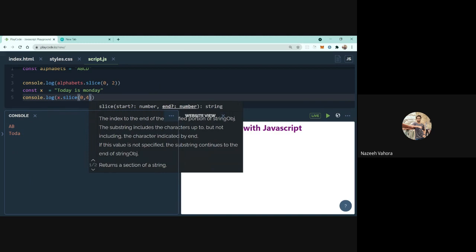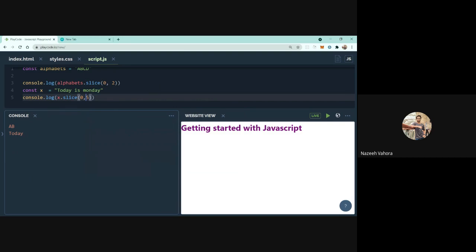One thing: here we need to specify the index after the ending. If I have entered index 5, then it will slice it up to the fourth character. So if I enter 4 here, it will slice till today. If I also want y, then I have to slice it till the fifth letter. So it will return me this word today.